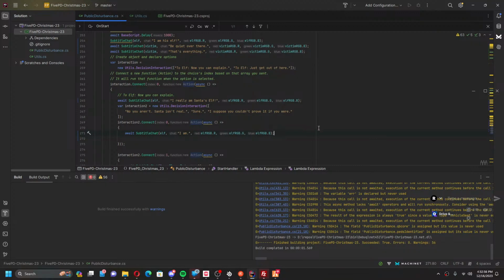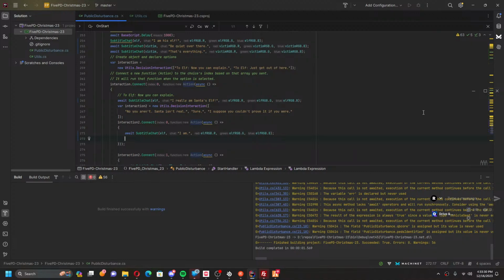Maybe I should have the officer use logic, saying, wouldn't you be able to prove yourself to be a real elf or whatever? Also, do we want him to be a real elf, or do we want him to be a creep? Like he's actually just a creepy person who's using this elf facade as an excuse to get really